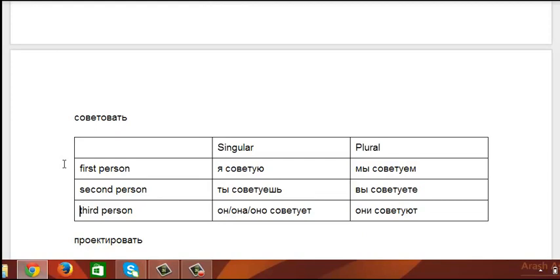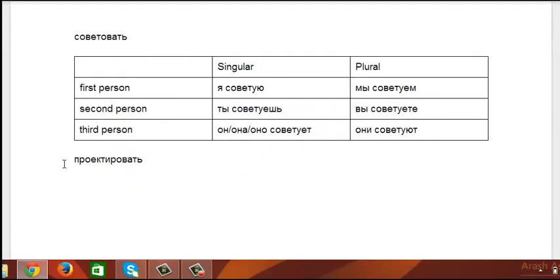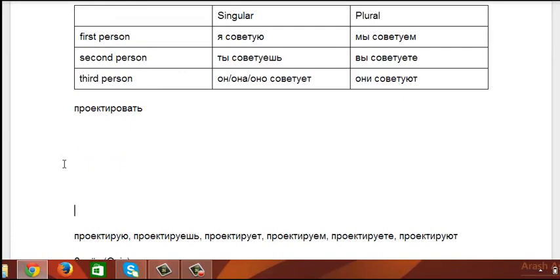So if I tell you that this verb проектировать, which, can you guess what it means? A lot of the ovat verbs are easy to guess if you notice that they are somewhat like English. This one is related to the word проект or project, like to do a project. Think about how it will conjugate. Я проектирую. Ты проектируешь. Она проектирует. Мы проектируем. Вы проектируете. Они проектируют.